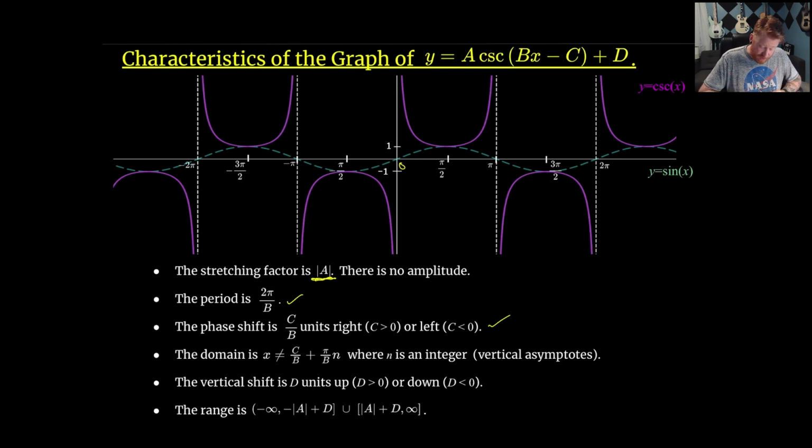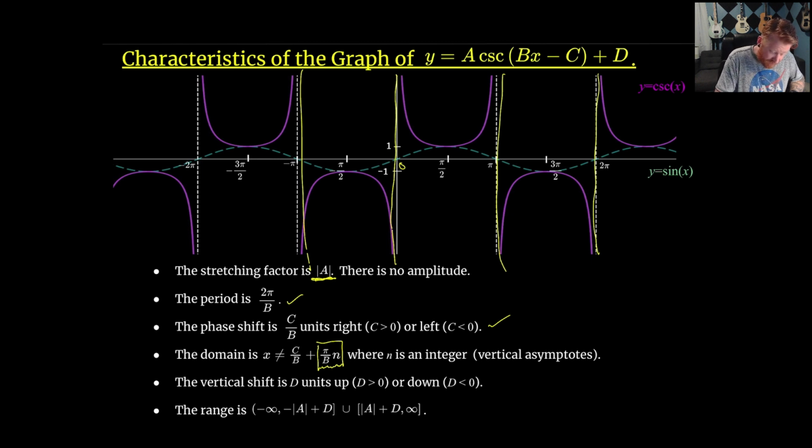So this is saying that it's going to be focusing just on this portion here. Every pi over b, so if we're just thinking about b being equal to 1 in the normal case, then it's just at every pi. We've got one at 0, we've got one at pi, we've got one at 2 pi, we've got one at negative pi, we've got one at -2 pi. So we're looking at multiples of pi. That's what the n on there is telling us, that just multiples of pi is where we would have vertical